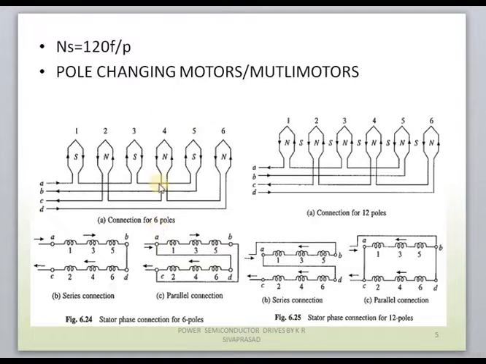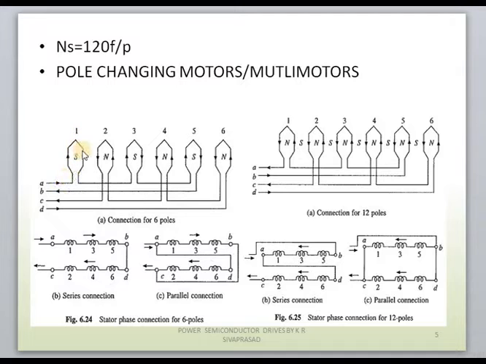Let us consider here a primary stator winding in diagram A. It consists of 6 poles. That means by using the stator windings, we are creating 6 poles. All the 6 poles are numbered here, 1, 2, 3, 4. And if you observe here, south poles are created at coil 1, coil 3 and coil 5, and north poles are created by coils 2, 4 and 6. All the even coils will create a north pole, all the odd coils will create a south pole. This is the present case we are considering here.